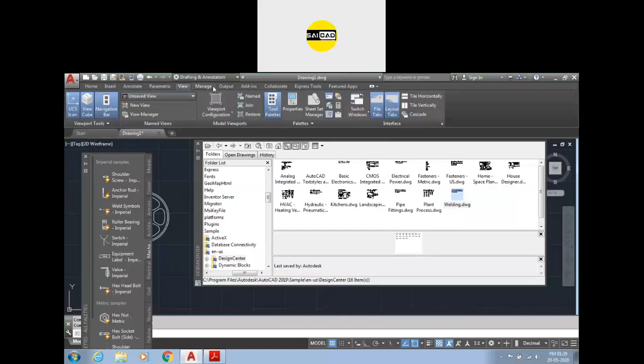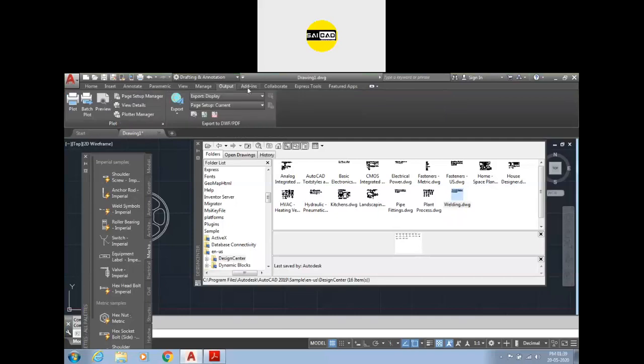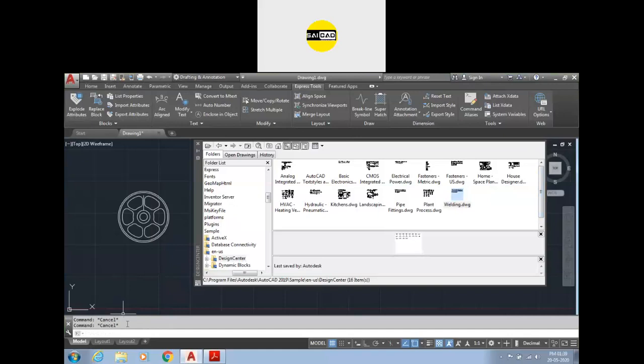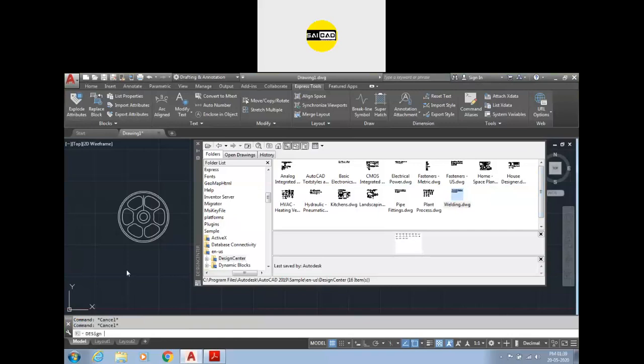Okay, and the design center should be. You can simply search the command also. You can just type design center from here. Design. Okay, enter.